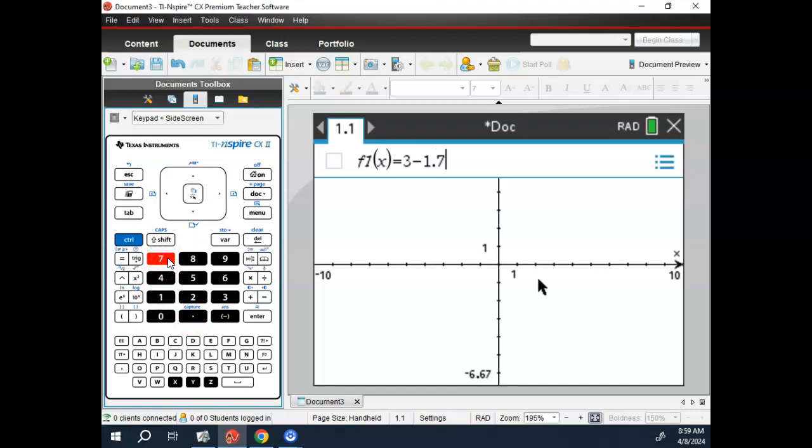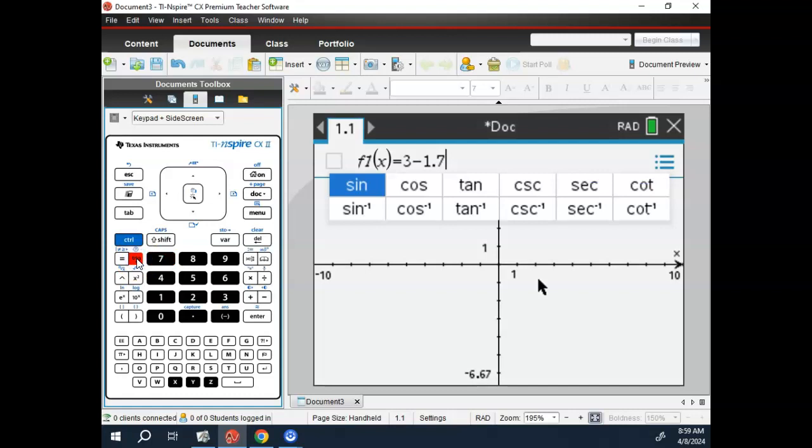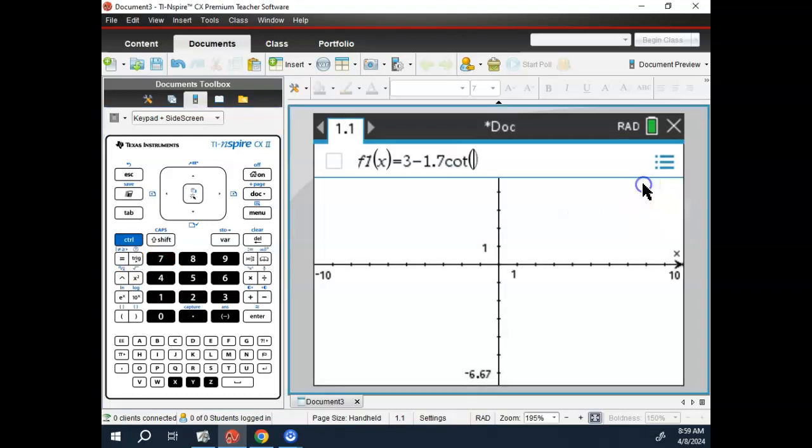To get cotangent, sine, cosine, whatever trig function I need, right next to 7, there's a trig button. So I click the trig button, and then I get to choose whatever I want. In this case, it is cotangent. And then on the paper, it says 0.5x. Now, if that said 0.5 theta or t or q or whatever, doesn't matter. I have to put x in the calculator because this is a function of x. Okay, so 0.5 x